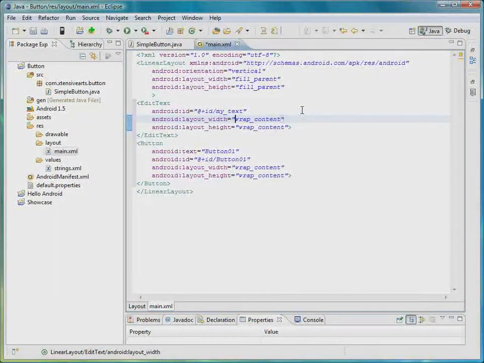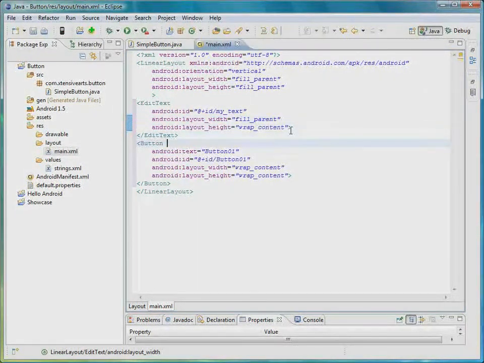Alright, then I'd like to change the layout property for the layout width. I'd like to change it to fill parent, and that way it will span across the entire screen, or the entire screen width, and I think that looks much nicer. Alright, now the same with our button,